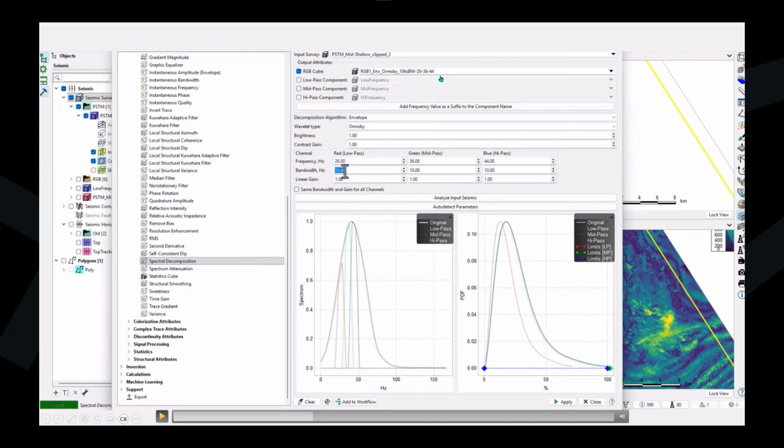So we just input the amplitude cube, select an output, and select the decomposition algorithm. We have 8 of them. Here I'm just choosing envelope, which shows a wavelet type. Here I'm just choosing Ormsby. And then when we click Analyze Input Seismic, here on the